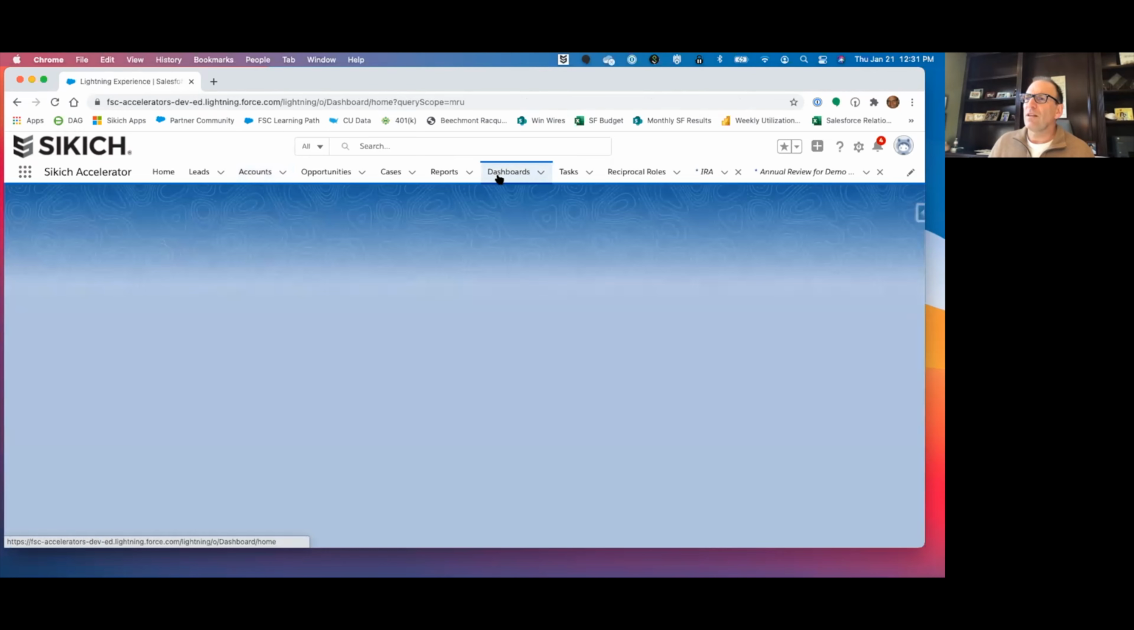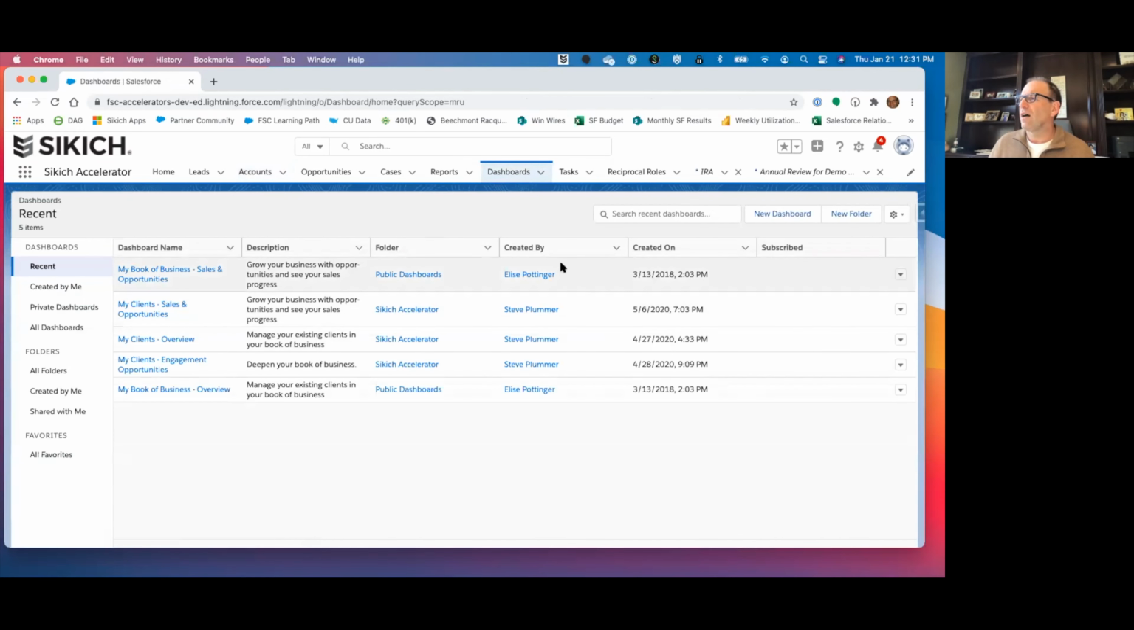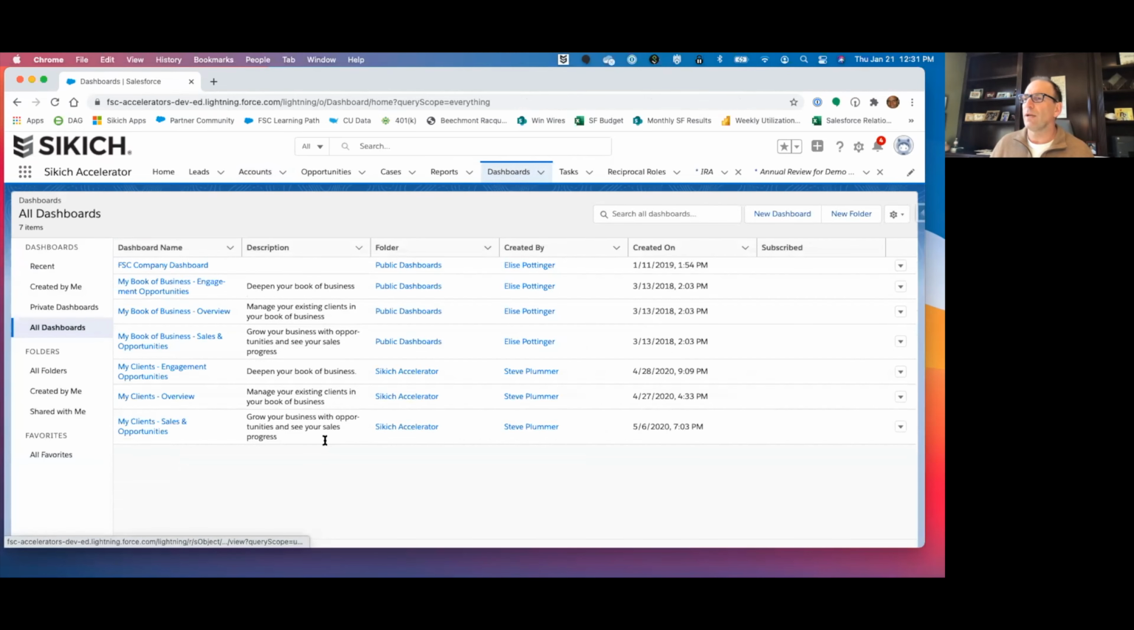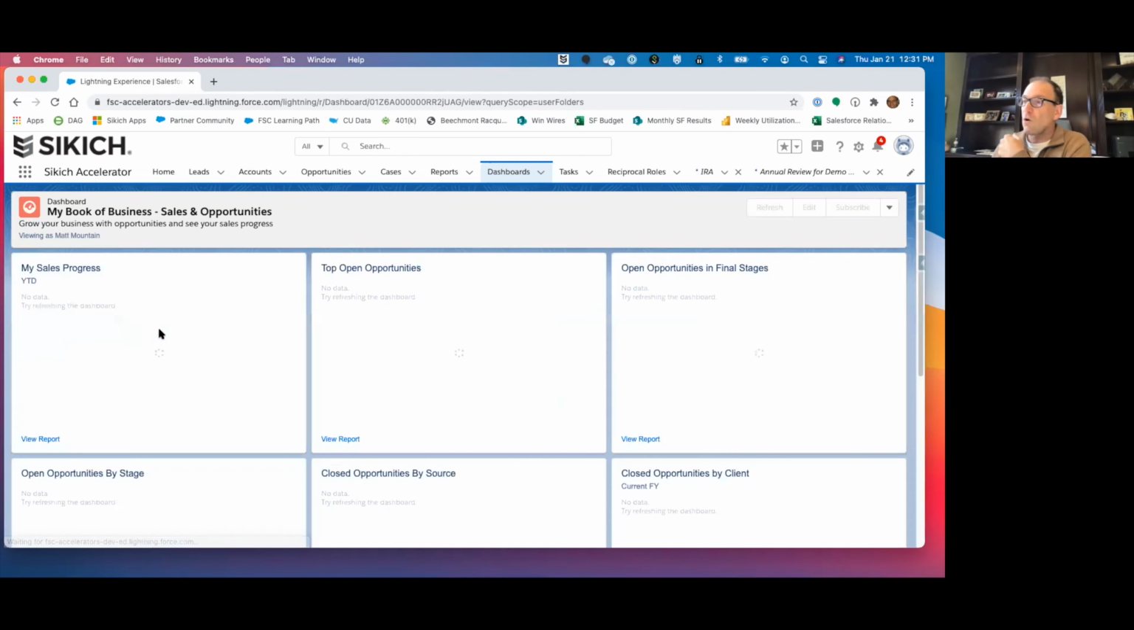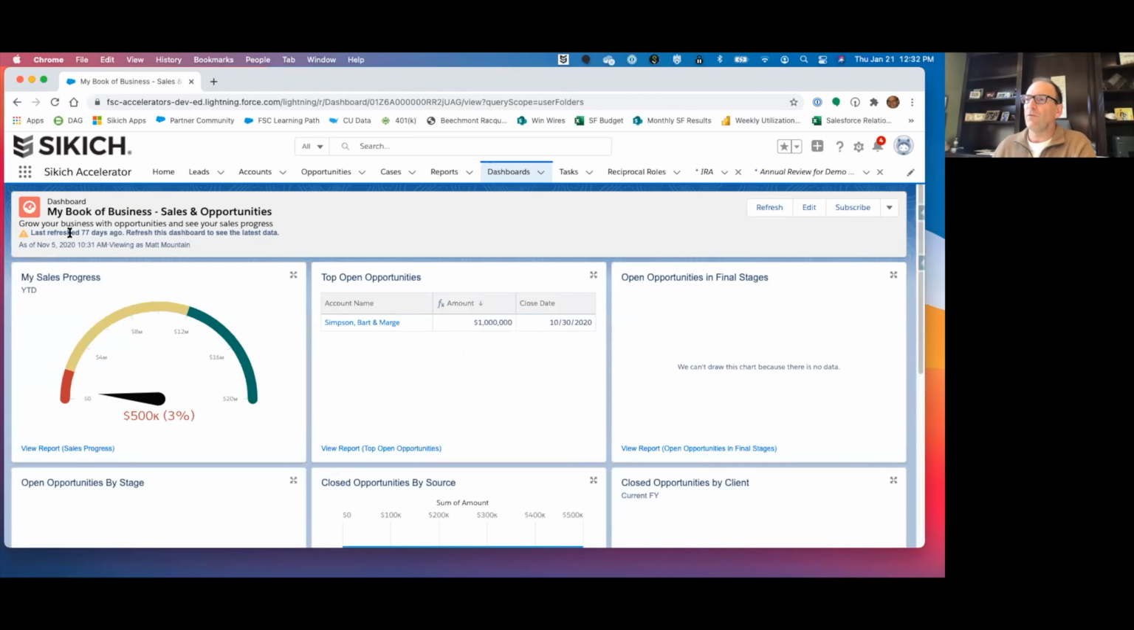One of the other things that the FSC does is it comes with pre-built dashboards. So we recreated these, but it comes with my book of business sales and opportunities, my book of business overview, my book of business engagement opportunities. So I'll just click on one, and these are all the pre-built reports. I haven't refreshed it in 77 days. I don't have a ton of data in here,